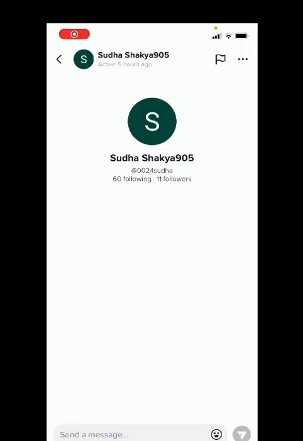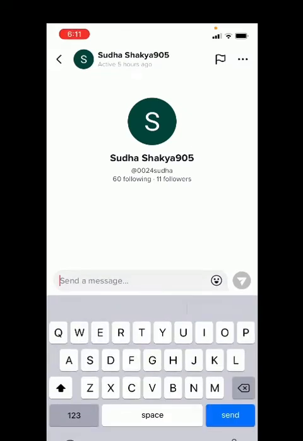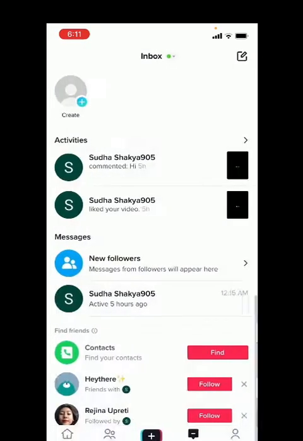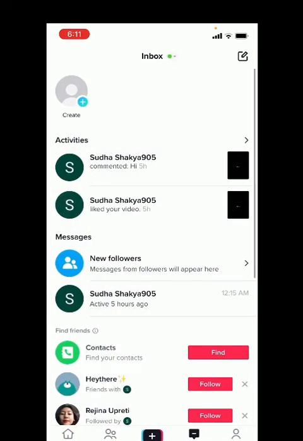Well, as you can see, there is no picture sending option here. There is emoji option and send text option, but no picture sending option. So to send the picture to your friend, you either have to make a video and send it to the